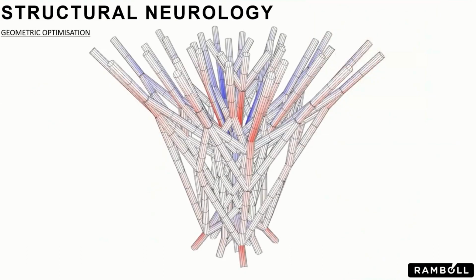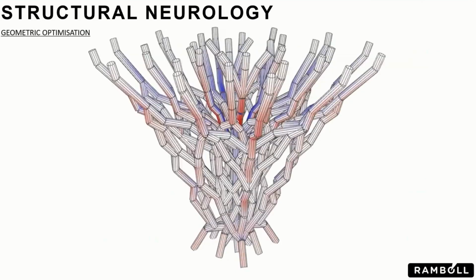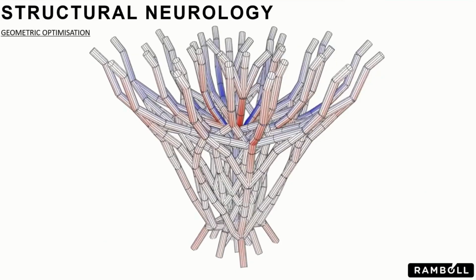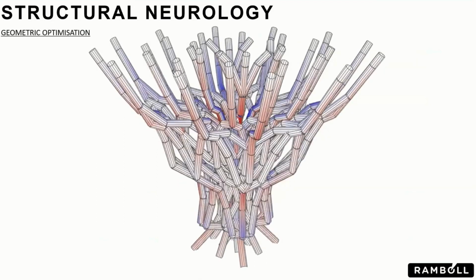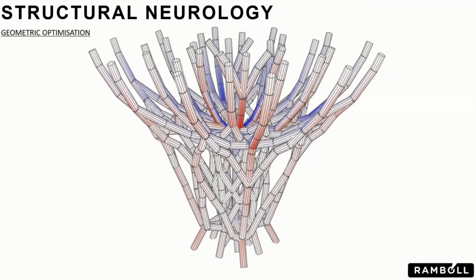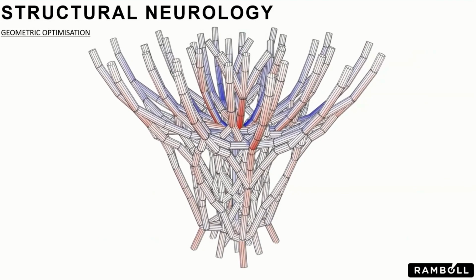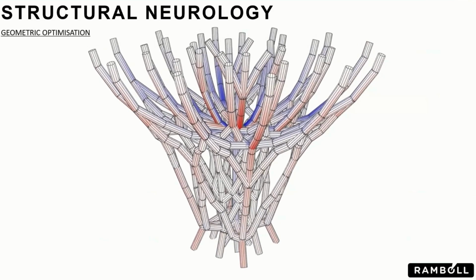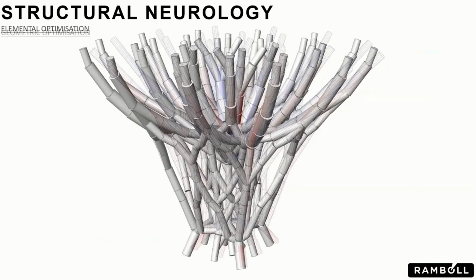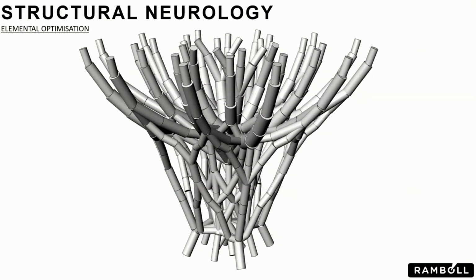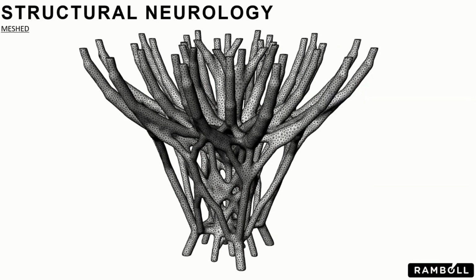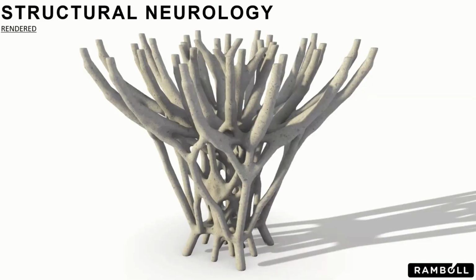On top of the form-found structure, which is a minimum energy structure, we can also apply layers of other tactics. In this instance, we're applying a geometric optimization tactic. Minimize the energy. You can see it encourages the curvature of the top branches, and then from there carry out analysis, putting this together into a workflow, and then post-process those results into a mesh, which then creates this form, and which was used for testing